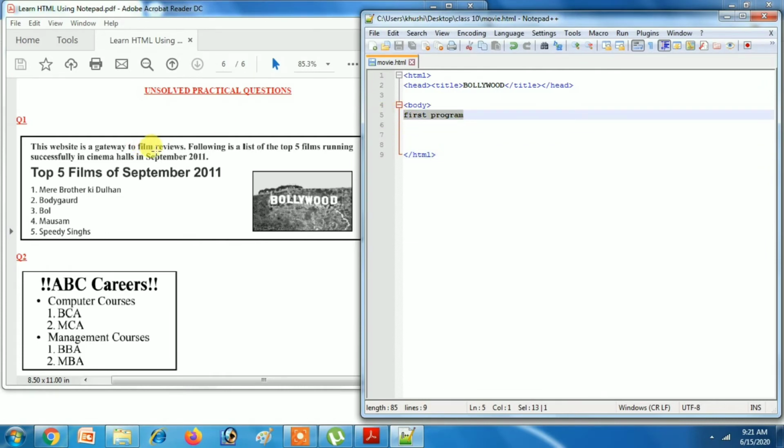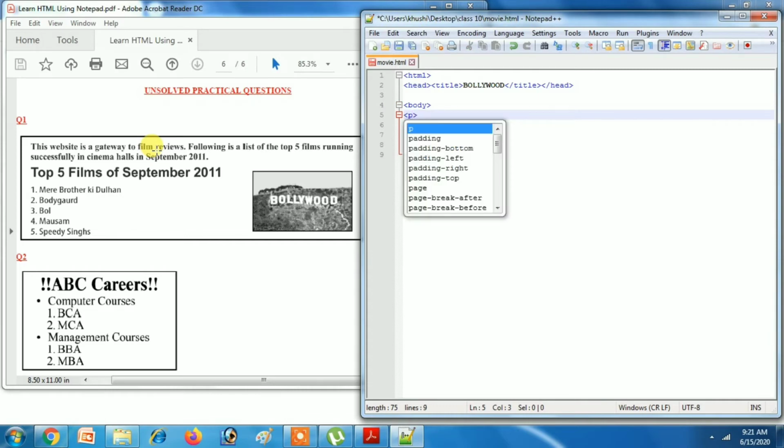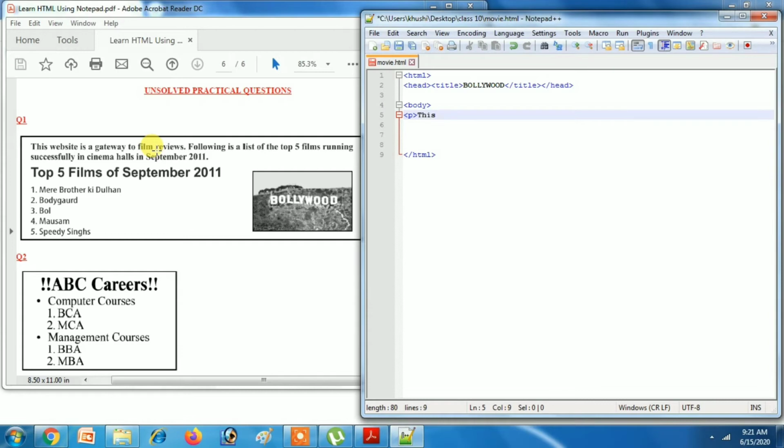I told you first of all it is a paragraph, that means the p tag. This website is a gateway to film reviews.